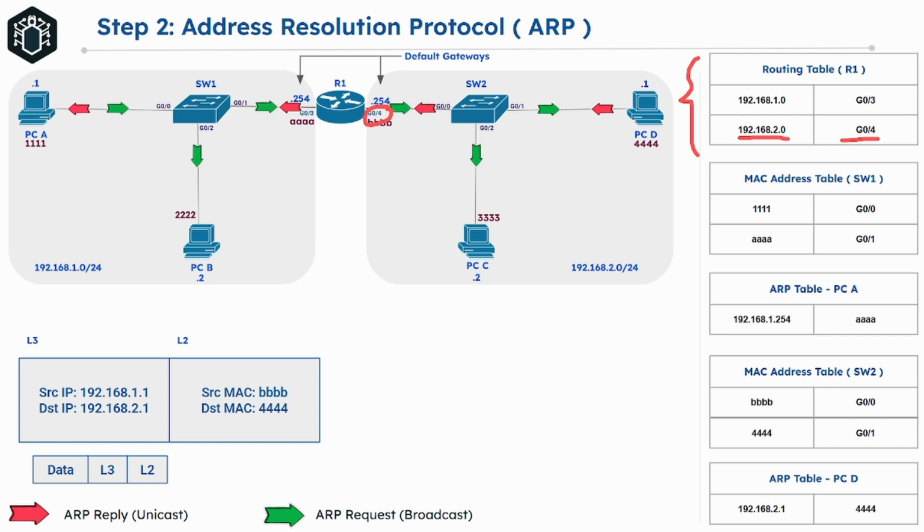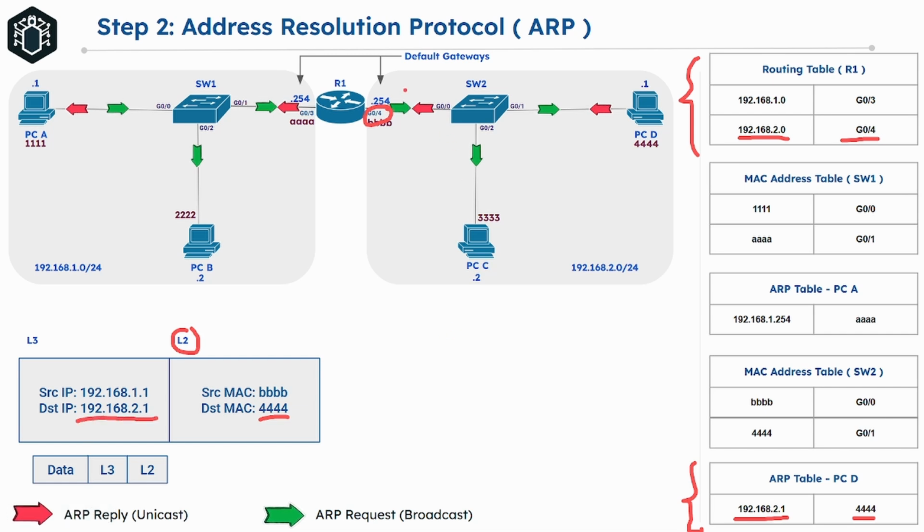Earlier, the router already learned PCD's MAC address through the ARP process, so its ARP table already contains the mapping for IP 192.168.2.1 to MAC address 4444. Because of this, the router can immediately use that MAC address without sending another ARP request. Moving forward, the router encapsulates the packet into a new Ethernet frame, which is layer 2, and the destination MAC address is set to 4444, while the destination IP address in layer 3 remains